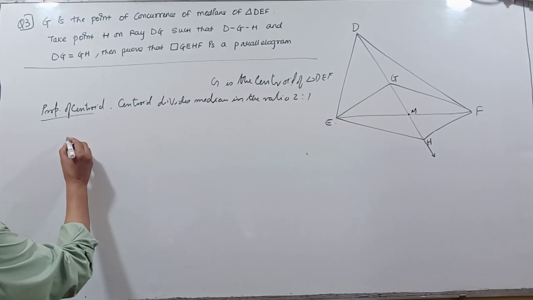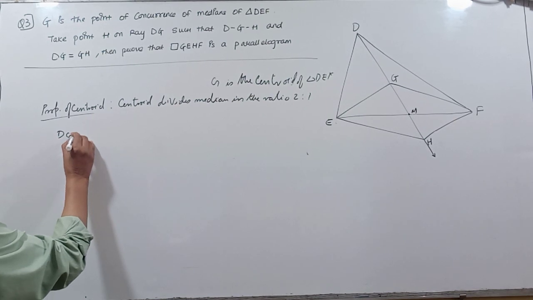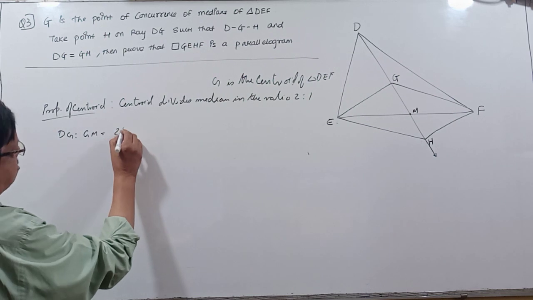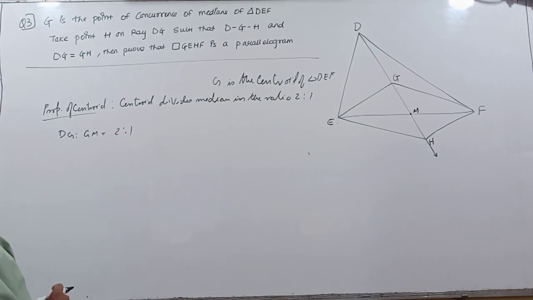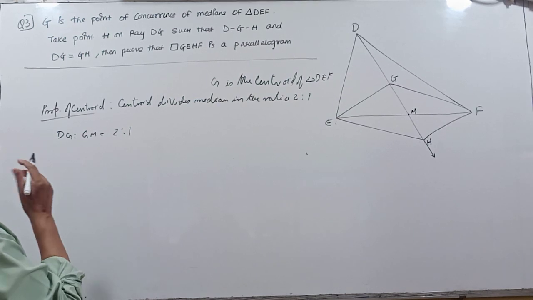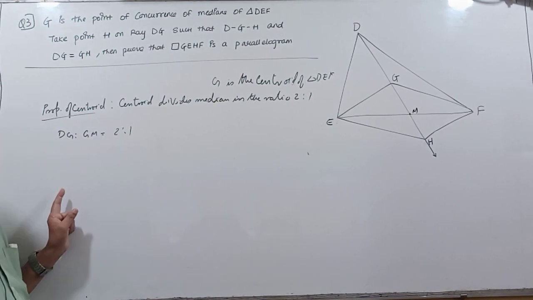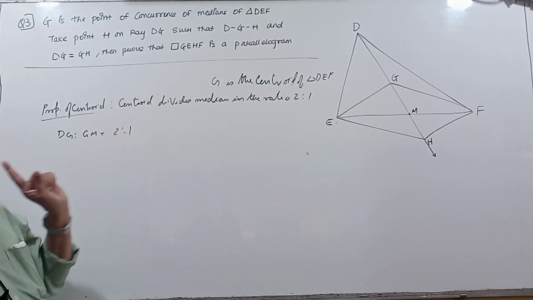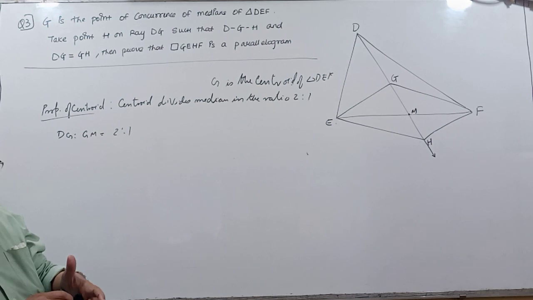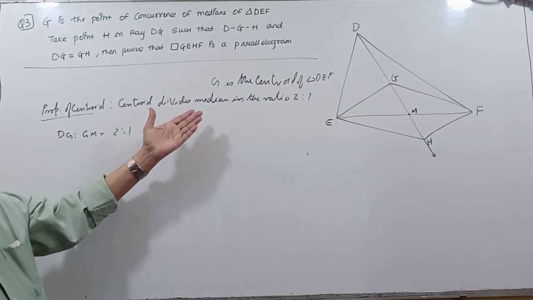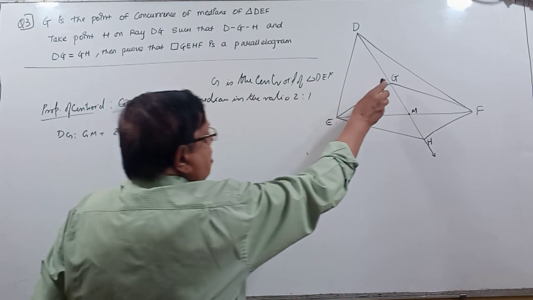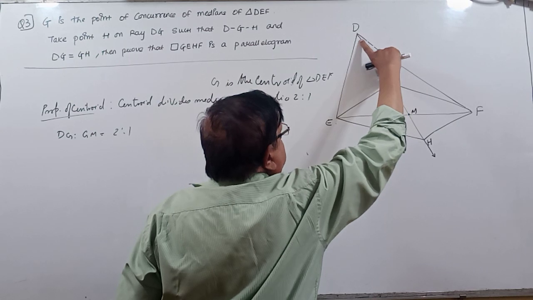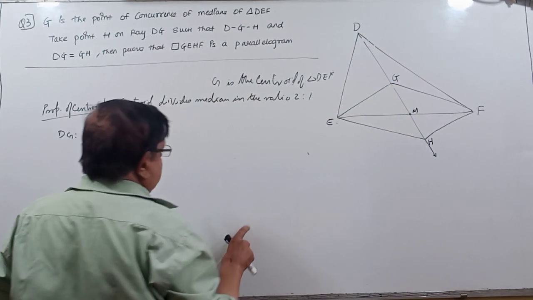That means BG is to GM equal to 2 is to 1. So we will start. This information is given, earlier information. You should understand what is the property of the centroid. In one of the videos I have explained that, but still I am re-explaining. G is the centroid. The centroid divides the median in the ratio 2 is to 1. This is to this, 2 is to 1. That's the property of this. So we will start